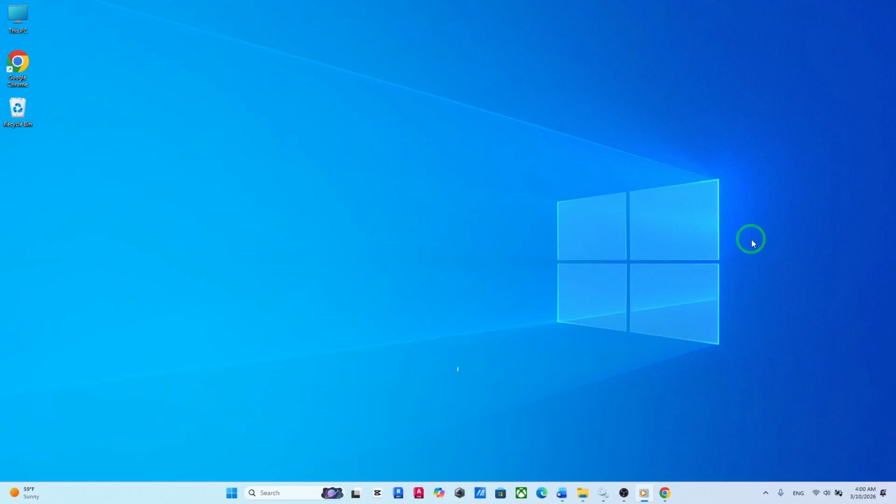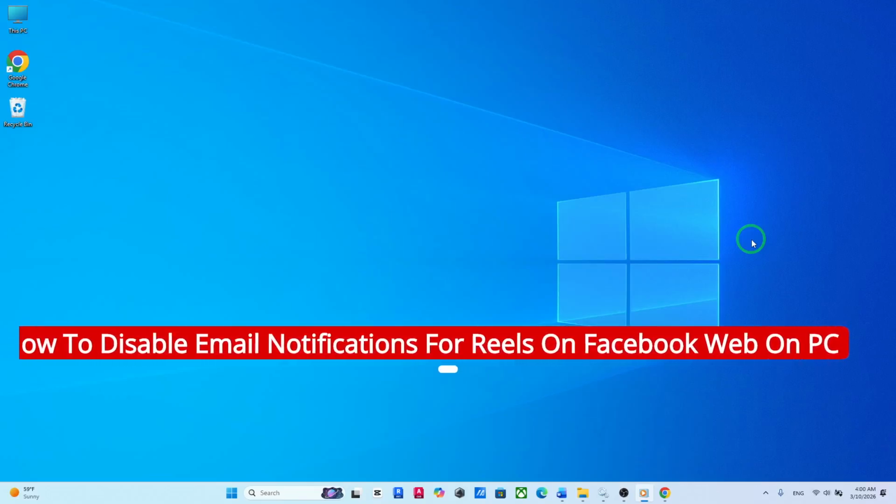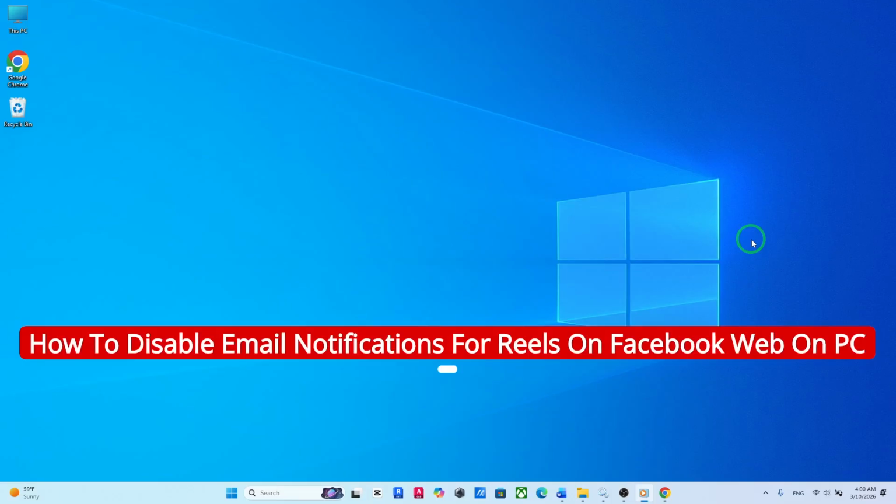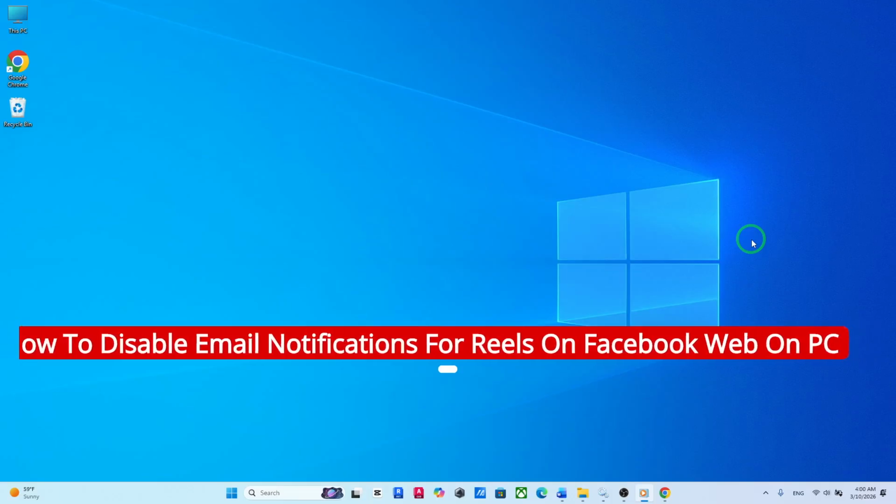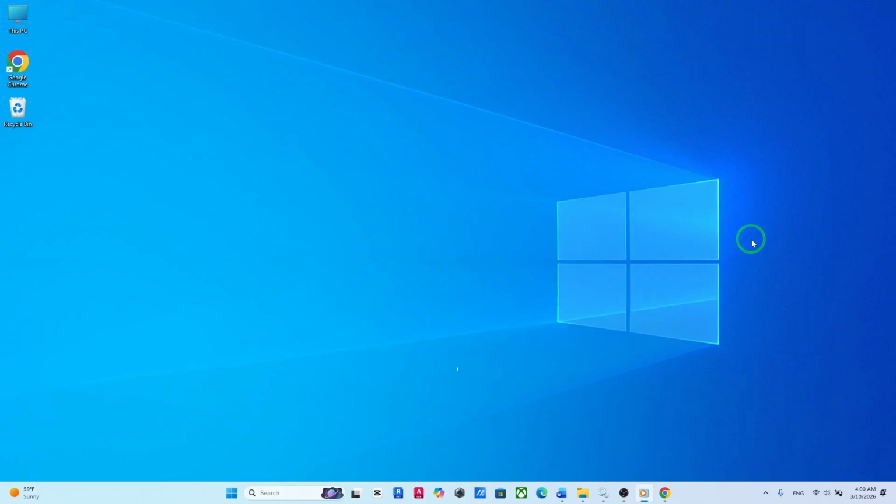Welcome. If you love keeping your Facebook experience clean and distraction-free, this quick guide will show you how to disable email notifications for Reels on Facebook Web from your PC with the latest update. It's a simple 2-minute tweak that can save you from a flood of inbox alerts without changing any other notification